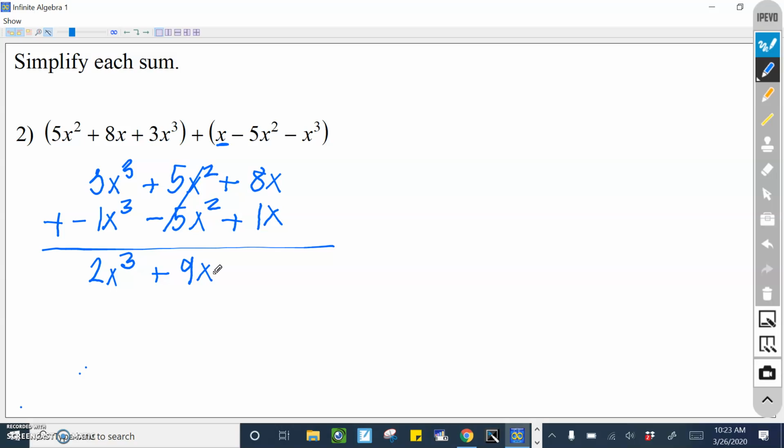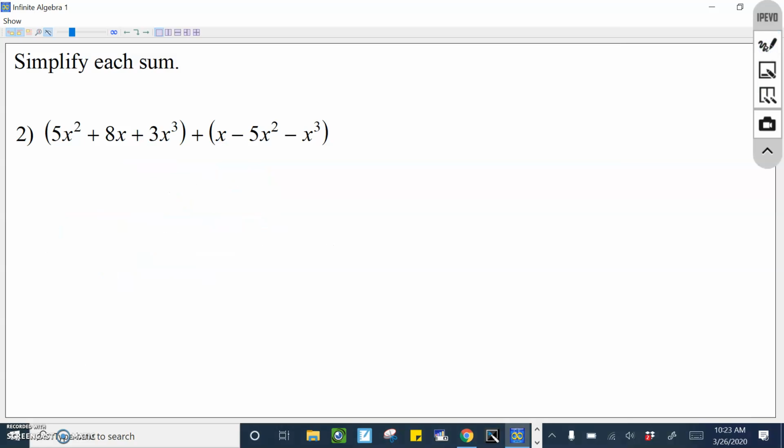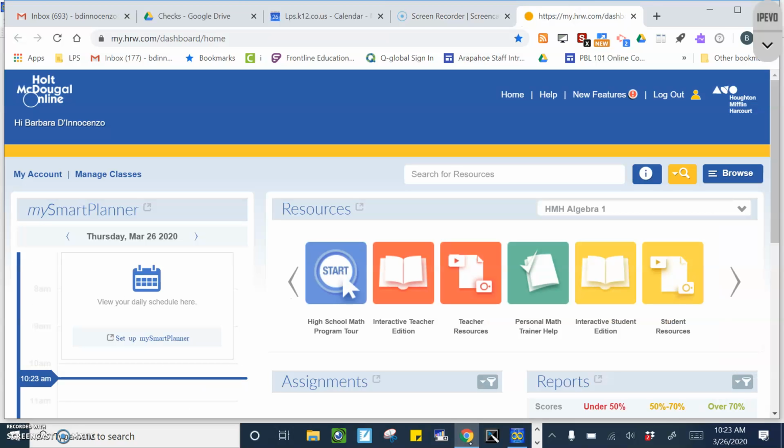All right. So I want to show you where you can find your assignment in our book. So let me get out of this and go. Oops, this isn't working so well. That's just because I don't know that portion very well. Okay, so let's go to our online book. And again, you get to it by going to the waffle and choosing the hrw.com. All right, so we're in. You want to make sure you're in the Algebra 1 textbook,